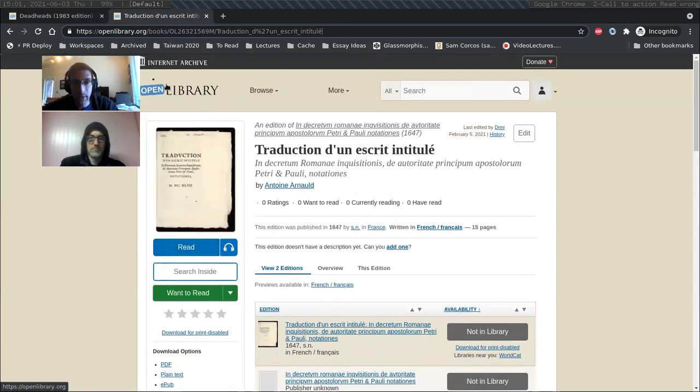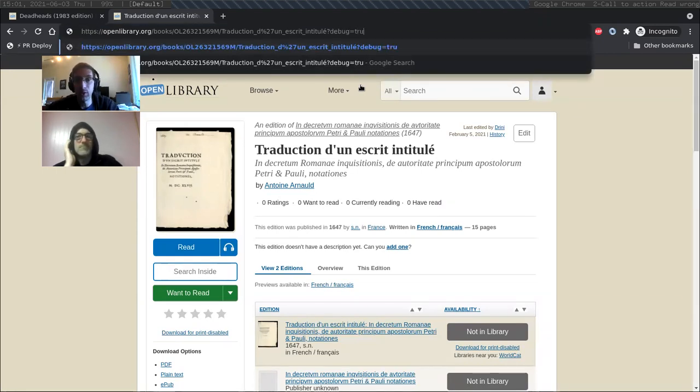What would you do if the Open Library page loaded and it had some sort of Unicode error and it was showing you either an error page, or have you ever seen that yellow top bar that says there's some sort of error? Oh, sorry, keep on muting myself. Yes, the flash message. I've seen that before. When you do hit that flash message, is there a way to be able to get more information about the error? I've not tried it. I know that you can append debug. Yeah, true. Awesome, awesome. So if we do debug equals true,